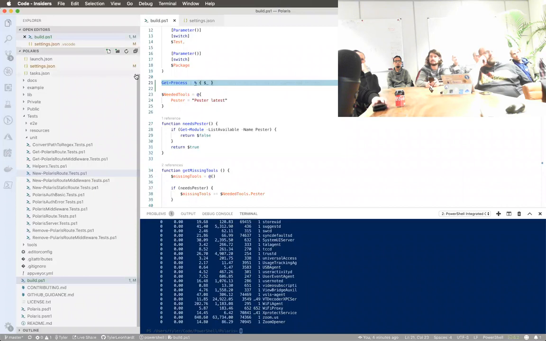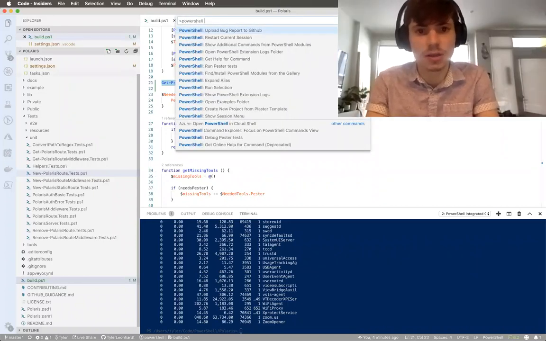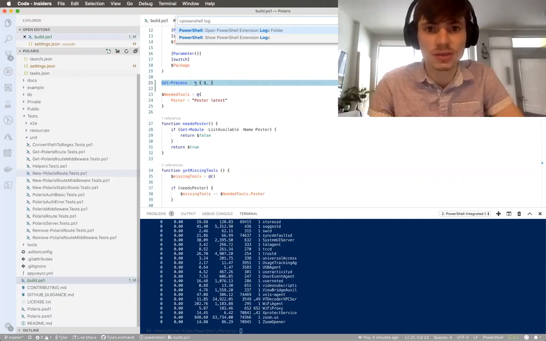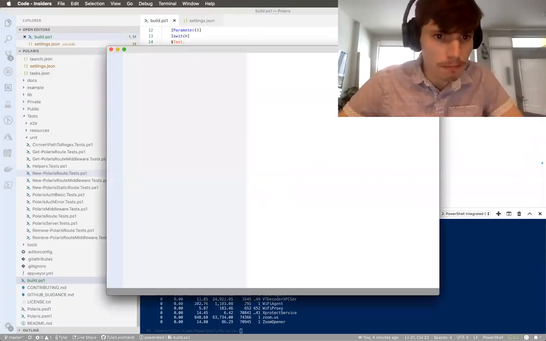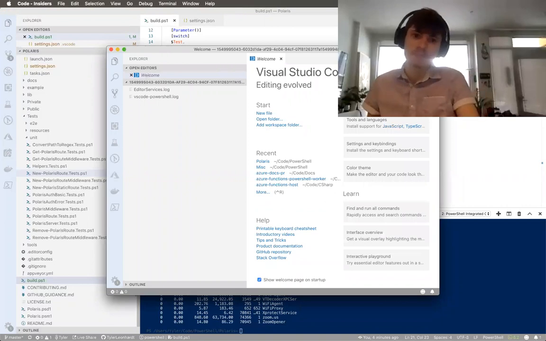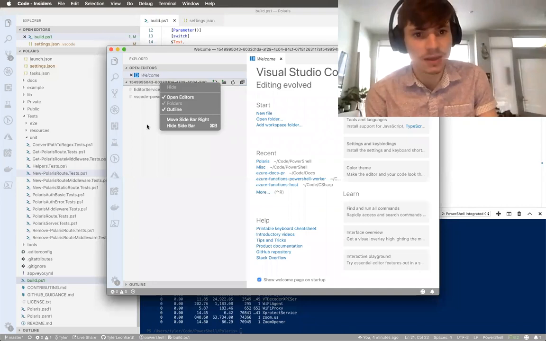You can open up the command palette again and then type PowerShell logs. All right. And this top one here, open PowerShell extension logs folder. And that's going to open another instance of VSCode. And it's got this weird folder name. And if we